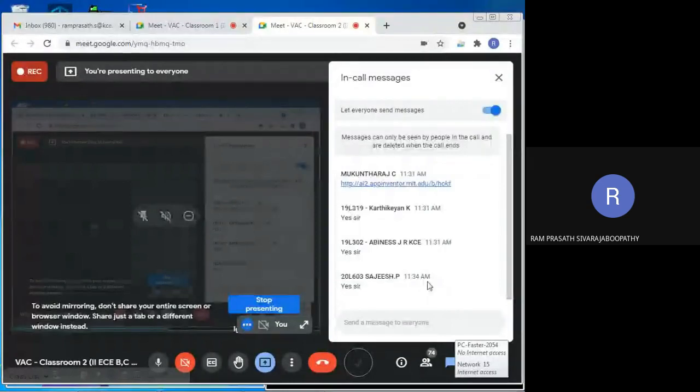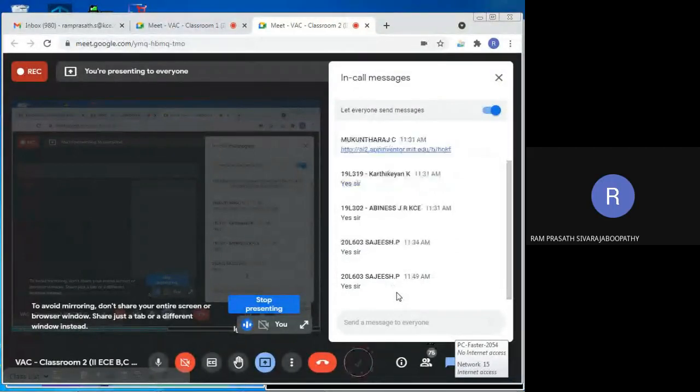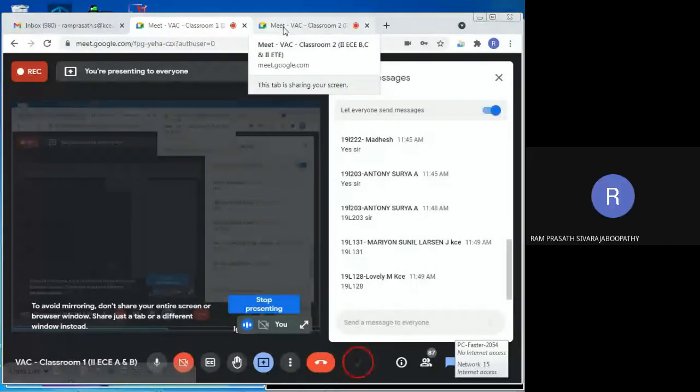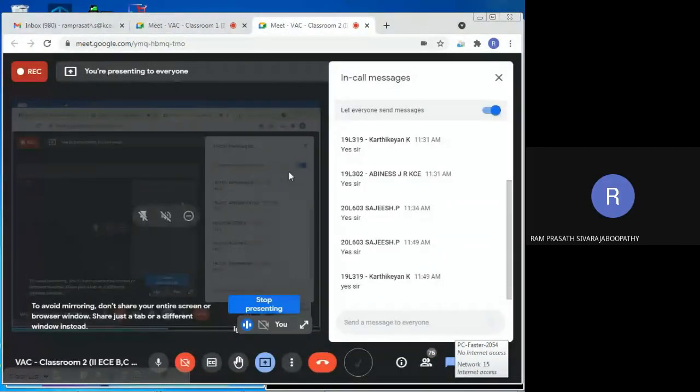Sajesh, can you do it? Karthikeyan, at least a few people from classroom 2, you are listening to the class, I hope. Yes, Sajesh will do. Karthikeyan will do. Mugun sir, totally 5 members have agreed. Sir, you don't need to do anything. You just open the program and demonstrate what syntax you have used.